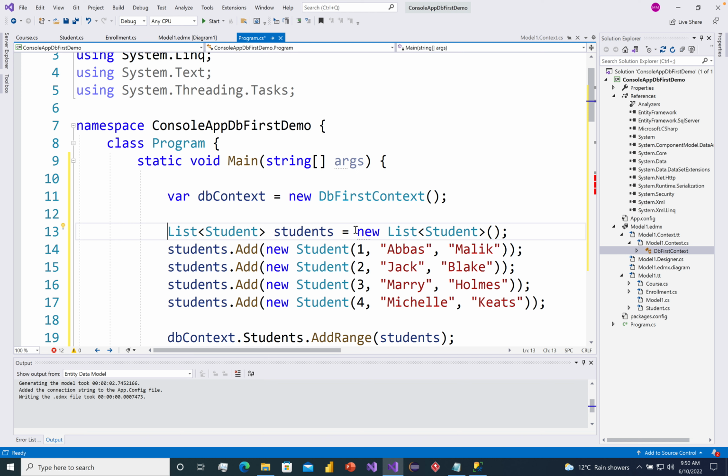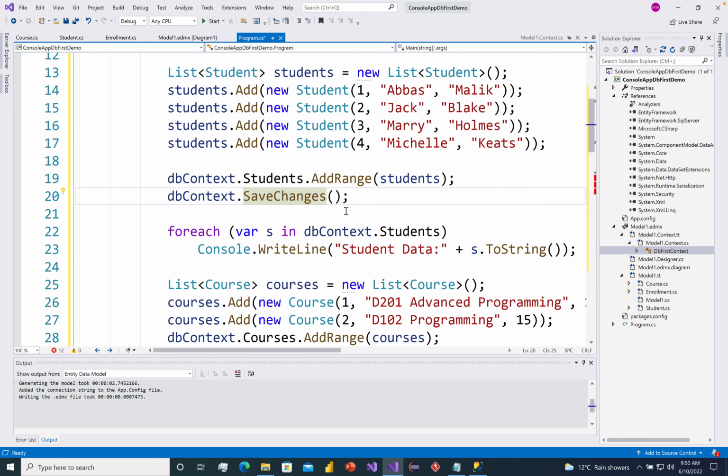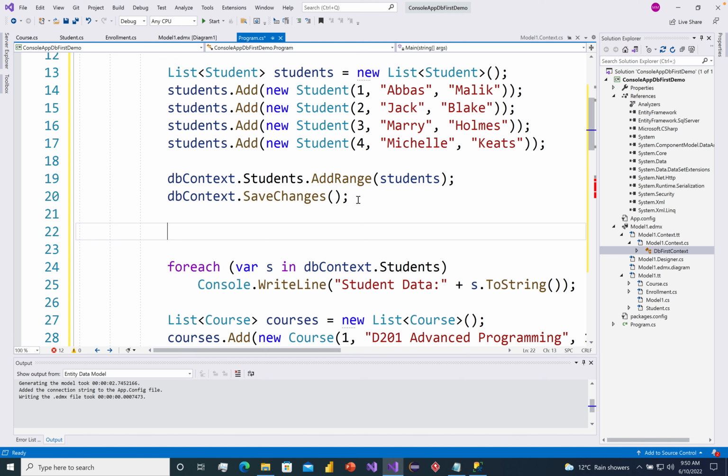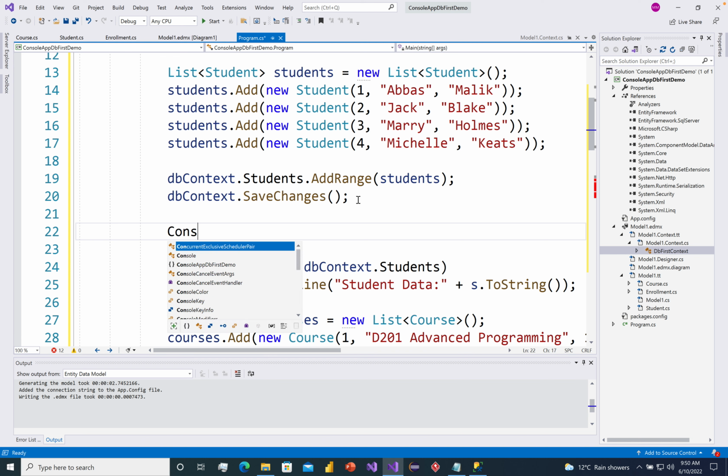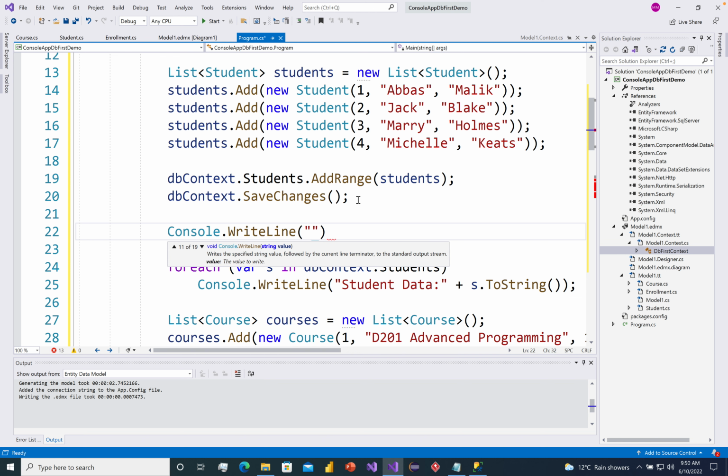I just created a list of the students that is empty at this point, and then we added our students there, and then we add that specific student into our DB context in the students DB set, and then we save the changes, and then after that we are showing that. So let me say Console.WriteLine, and then here we are saying that